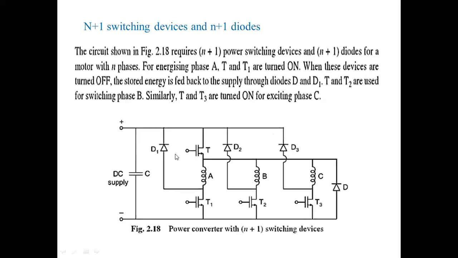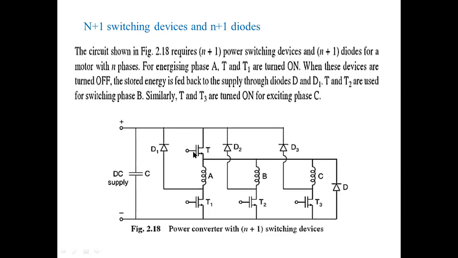Okay, and if you come across this one, N plus 1 switching devices and N plus 1 diodes, here we are using per phase only one thyristor and one diode, and the main thyristor T and main diode D are permanent. What does permanent mean? In the previous figure, phase A consists of two thyristors and two diodes, but here we are not using that many diodes and thyristors. We have reduced them, and the main thyristor is always in the turn on position, and the diode is also in the conducting state.